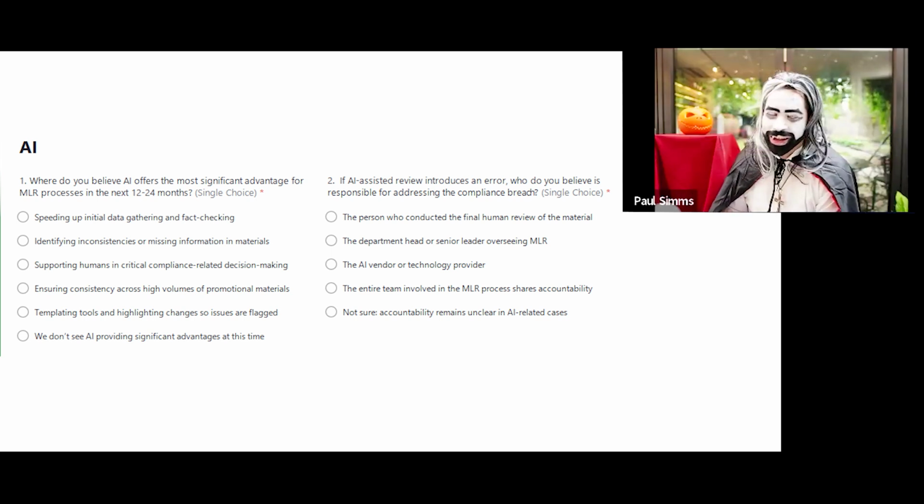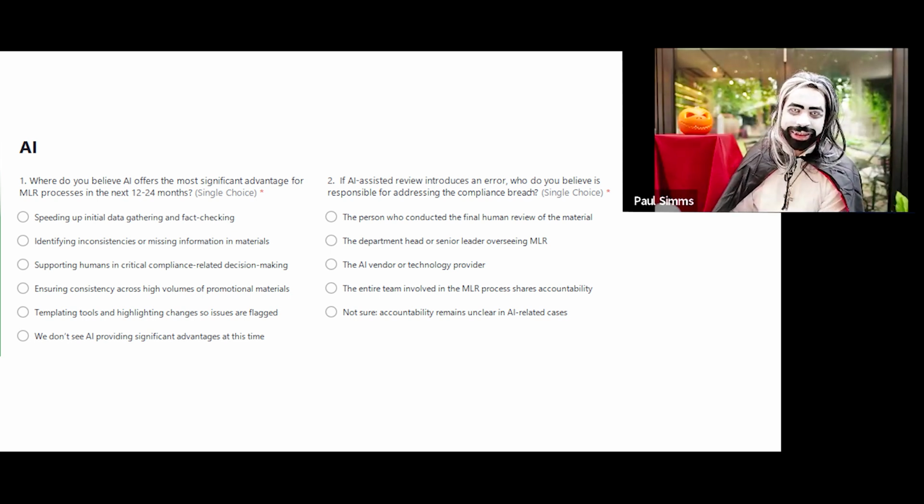Jimmy, I want to come back to you. What is your attitude to the use of technology, and how should we be embracing it without taking too much of a backseat, as of course it takes over and becomes the Terminator universe that we don't want to see? Well, I think any technology, whether it's AI or otherwise, can reliably pre-screen content, and that could really boost productivity. Reviewers and MLR teams might be able to review that content faster if there's some kind of pre-review or matching system to check the data.